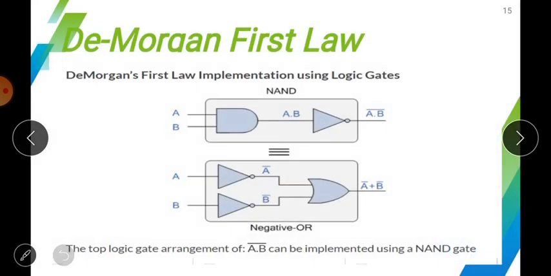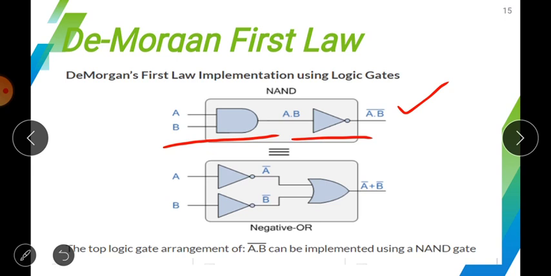This is the logic gate implementation of De Morgan's law. Here this is the symbol of the NAND gate. In this symbol you can see it clearly. First a NAND gate is used, and in this combination an OR gate is also used. You can use the NOT gate in this way also, and you can put a circle symbol in front of the AND gate.